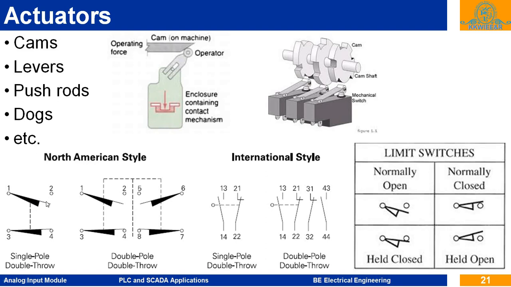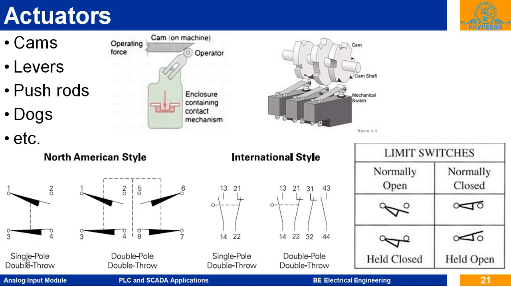Now see, this is a slanted line and the triangle is placed below the line. This is a horizontal line and the triangle is placed below this line. So your limit switch is operated from the downward side. When this actuator is operated, it moves in the upward direction, so these 3-4 contacts are disconnected, the normally closed becomes open, and the normally open contact becomes closed. In this way we represent the symbol.